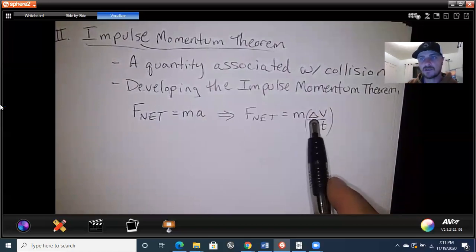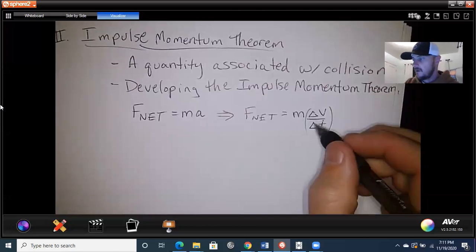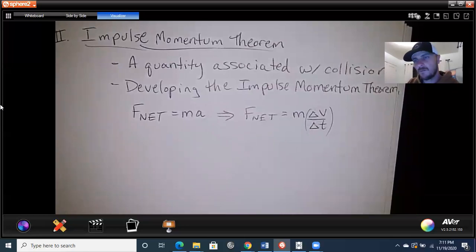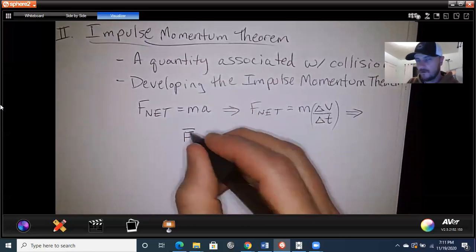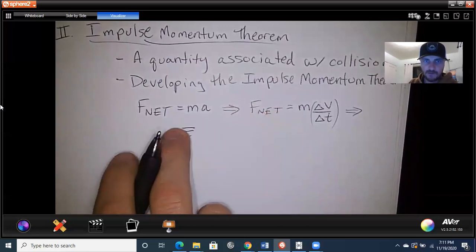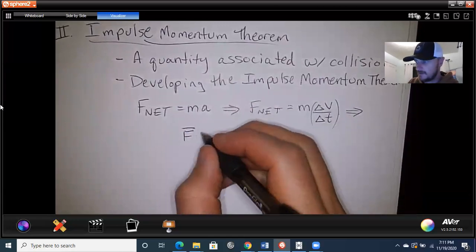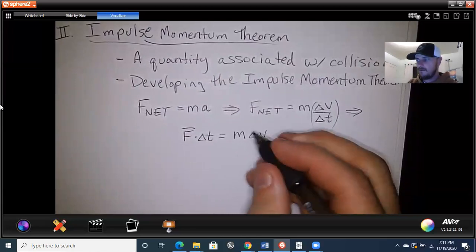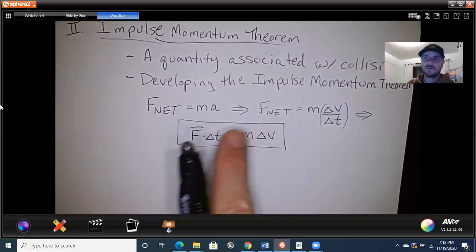Delta v is a change in velocity with respect to a change in time. That's what it means to accelerate. We're changing our velocity, either making it bigger or making it smaller from what it used to be. This was closer to his original version of the second law, but let's make one more change. I'm going to make two changes, in fact, and we're going to box it. I'm going to do F with a bar over the top. I'm not going to call it net. I will tell you what that means in a second. I'm multiplying delta t over to this side, so multiply both sides by delta t, and set that equal to m delta v. This is the impulse momentum theorem, also called the momentum impulse theorem.